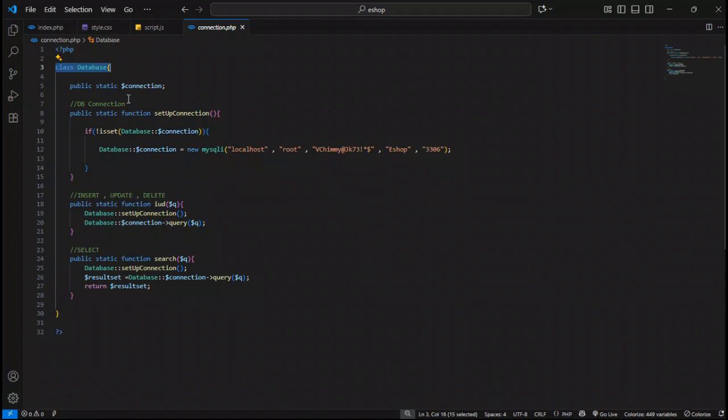So let's move on to the DB connection, that means database connection. As you can see, public static function setup connection. This is the function that actually creates the connection to MySQL. The if statement checks if a connection already exists. If not, it runs a new MySQLi